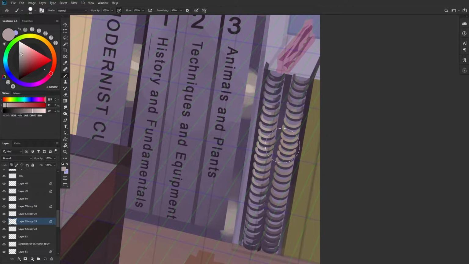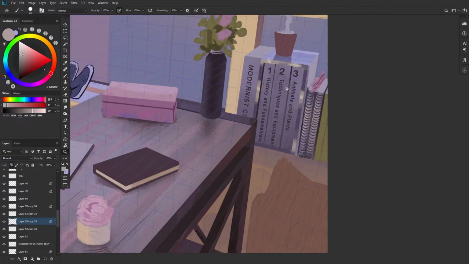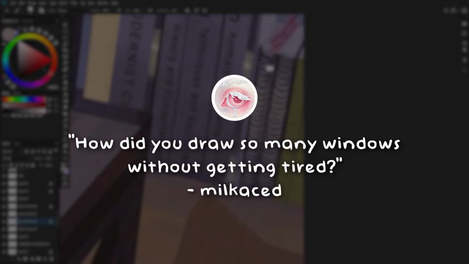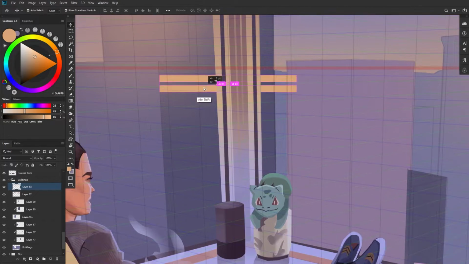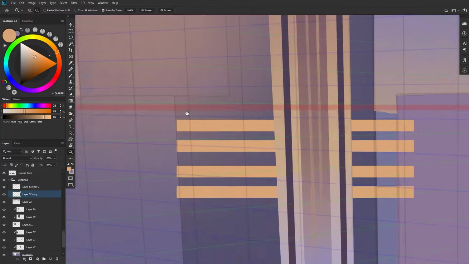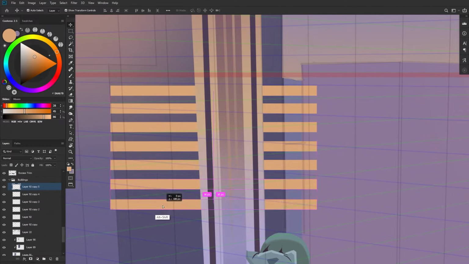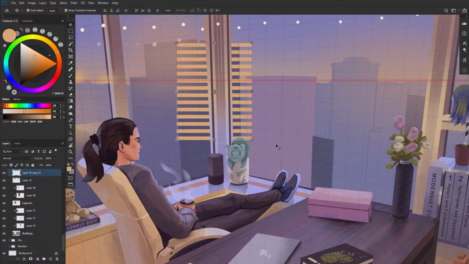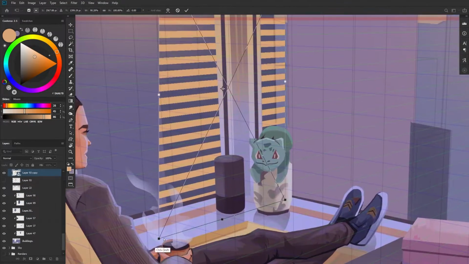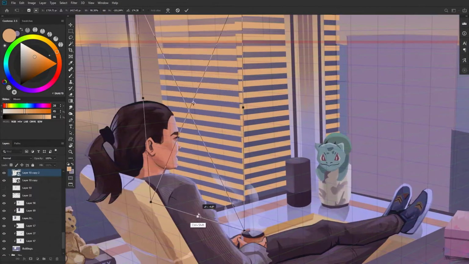Now, I just want to turn your attention back to the illustration for a second, because I got a question from Milk Laced who asks, how did you draw so many windows without getting tired? Now, I'm going to plug a video I made a while ago called How to Paint Buildings Spider-Verse Style, because it goes over the nitty-gritty details of how I actually do this. But in the time lapse, you can see I'm creating very simple shapes for all of the windows. And just like the desk I made earlier, it's going to be flat, and then I'll warp it in perspective,